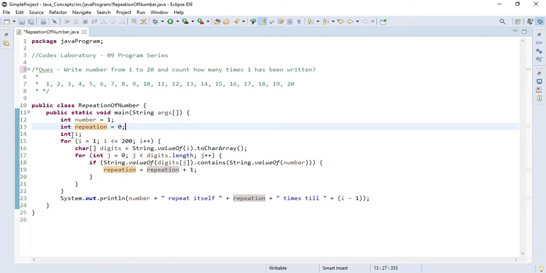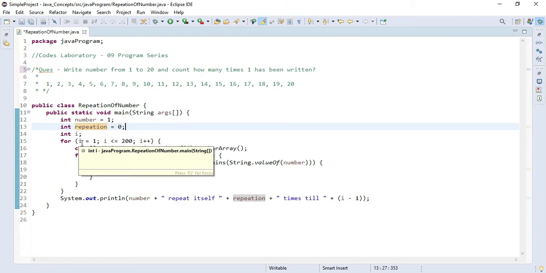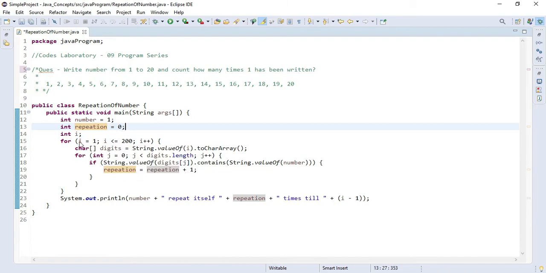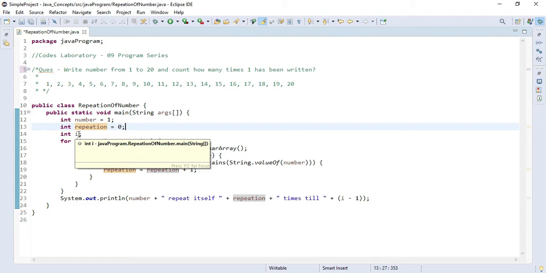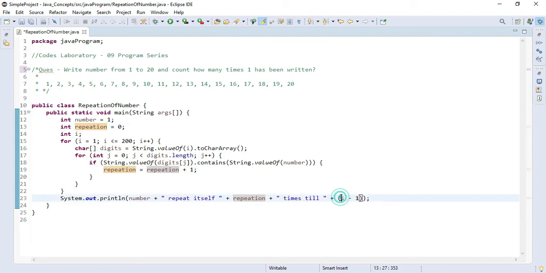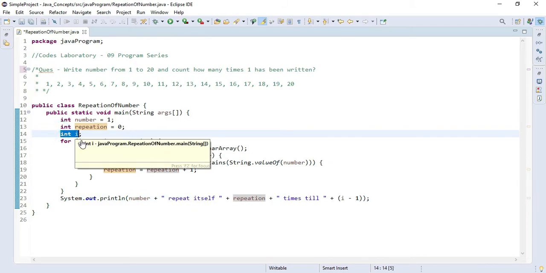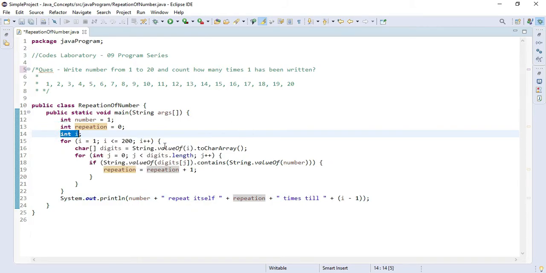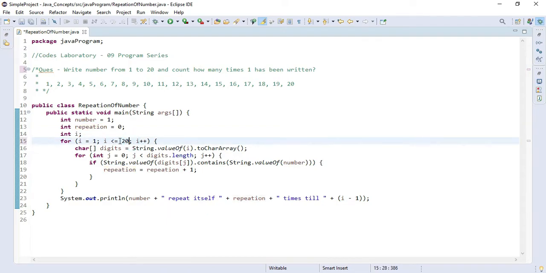After that I have created this variable i. As you can see, I haven't created this in the for loop because at the end I wanted to use this variable. As you can see here, I have used it so that it will give us a proper message. That's why I have created it here rather than inside the for loop. So we will first start this variable from 1, then it will keep on going till 20, as first we wanted to check till 20 only.